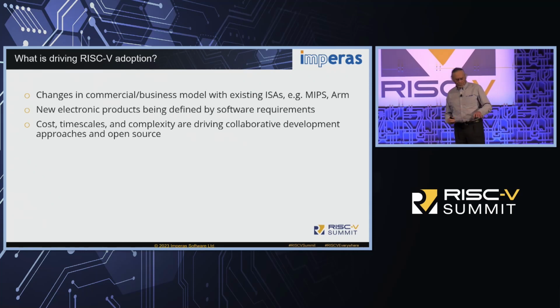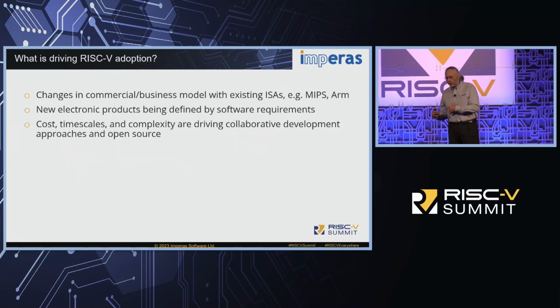So why are people trying to adopt RISC-V? If we can boil it down to several different things, the way I look at it, the world's changed in terms of the existing ISAs. Yes, clearly MIPS has moved away, now it's doing RISC-V. ARM is changing its business in several different ways, and that's the commercial side of things, but there's actually a product side of things, a technology side of things.